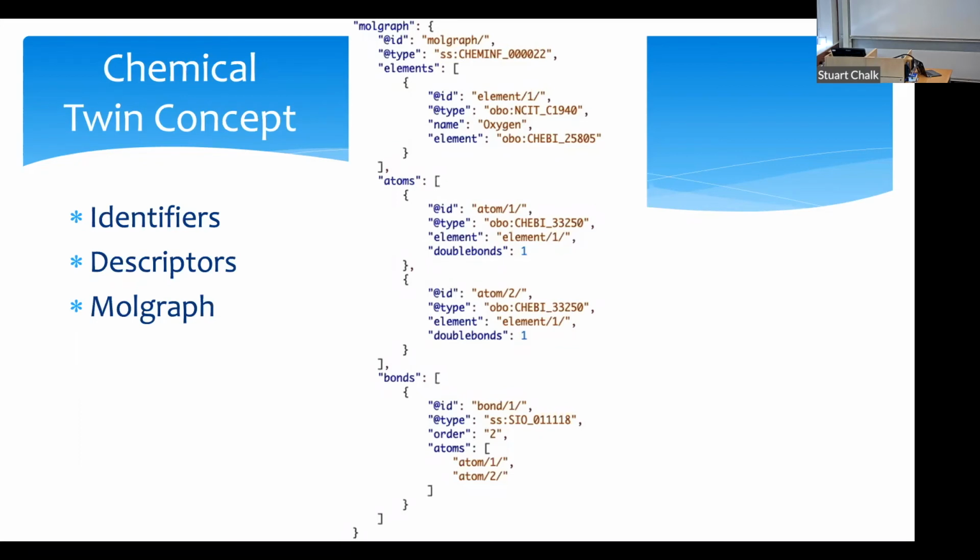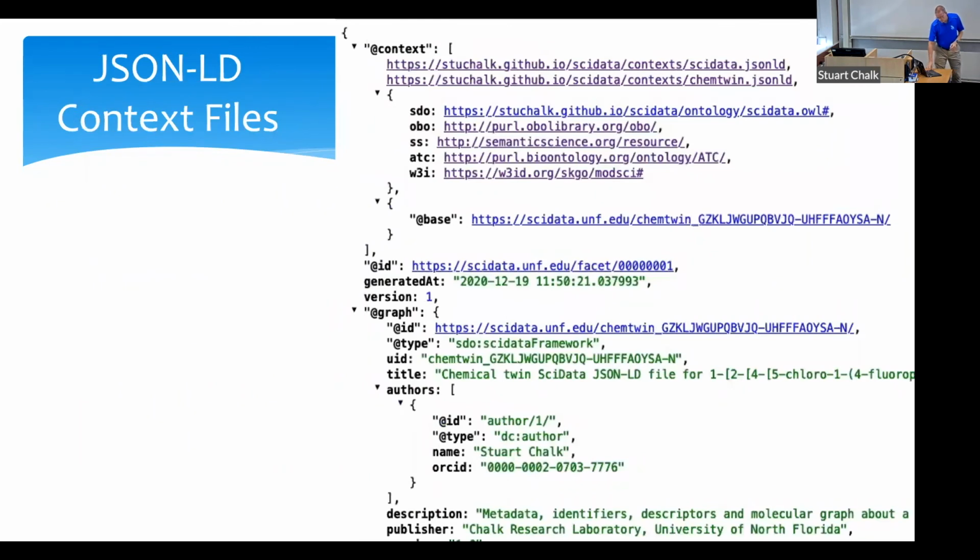And then we can actually assign that it is attached to these 2 particular atoms. And so we have, in a sense, a semantic representation of the structure of the molecule. This is very interesting because we can do something with it. If we put it in a ChemTwin file,